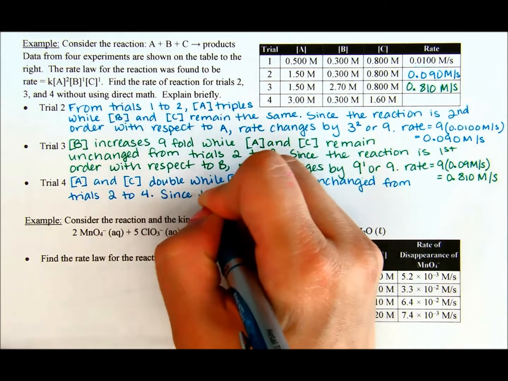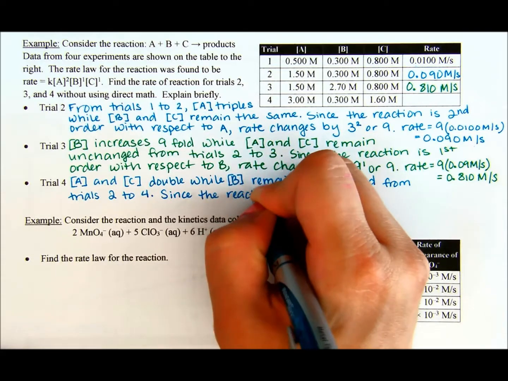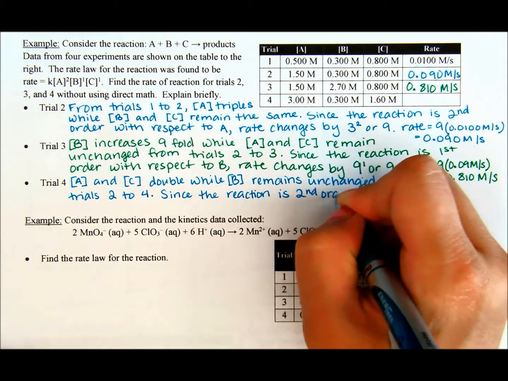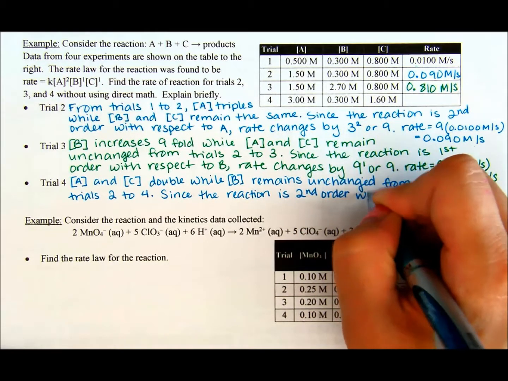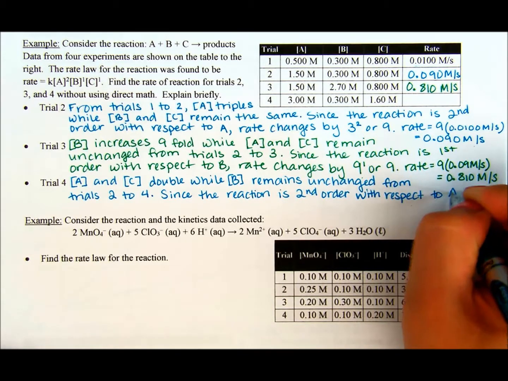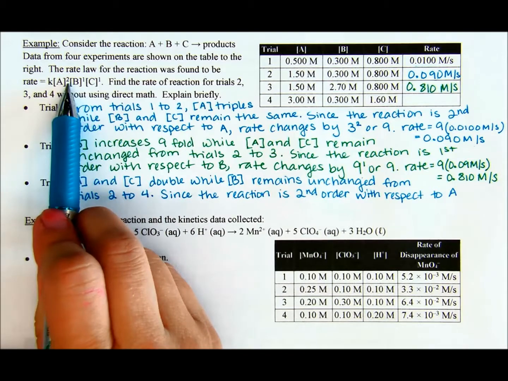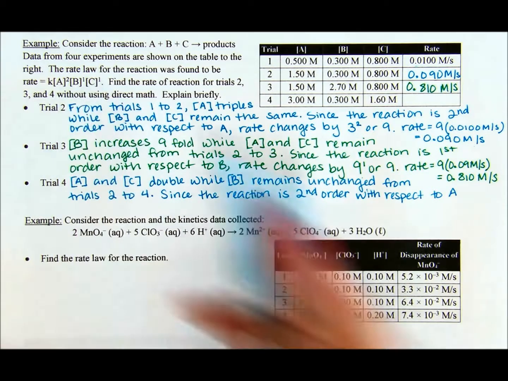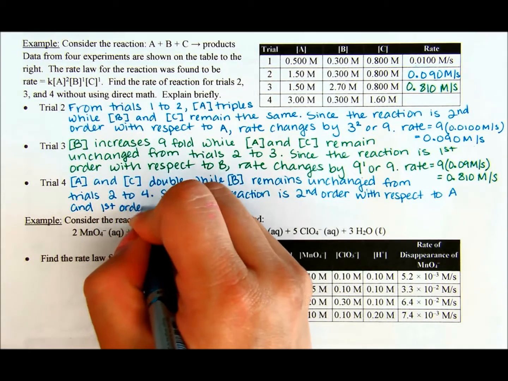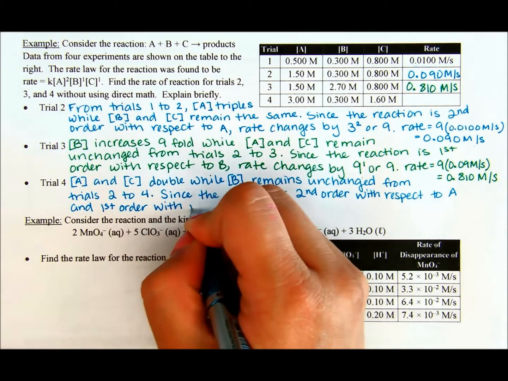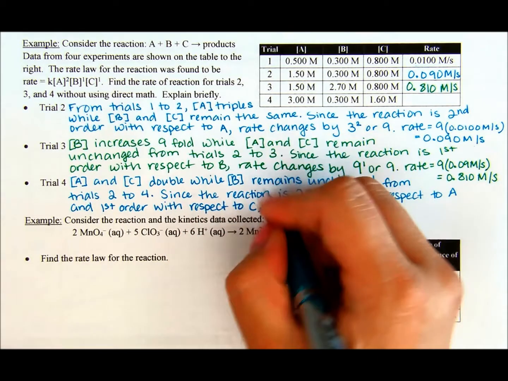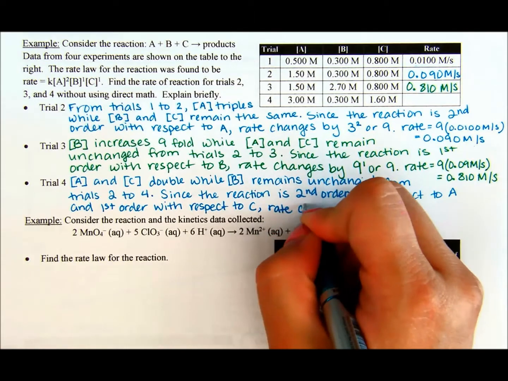Since the reaction is second order with respect to A, as we saw up here, and first order with respect to C, the rate changes